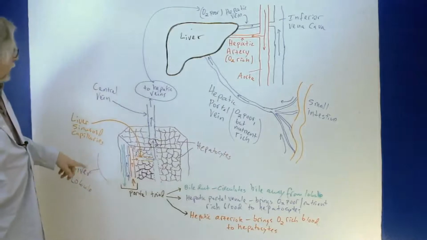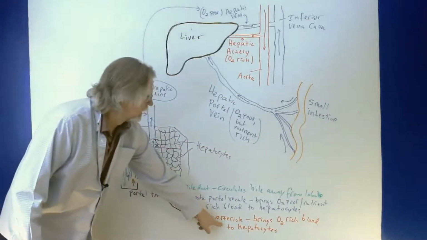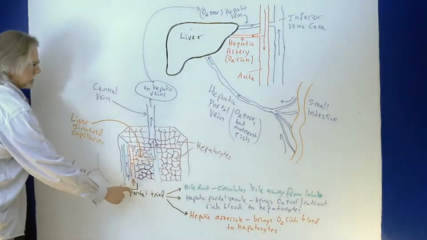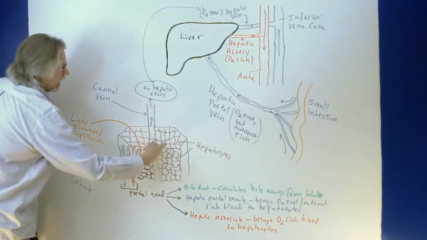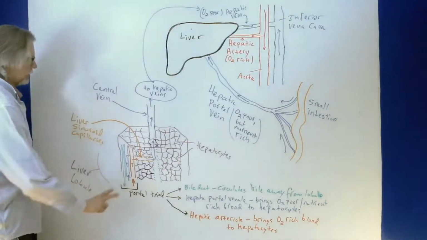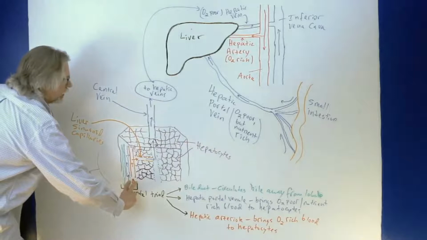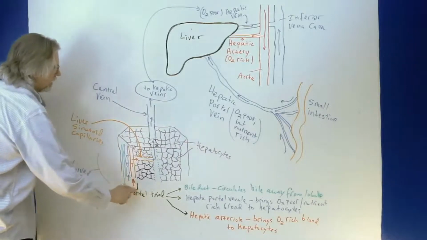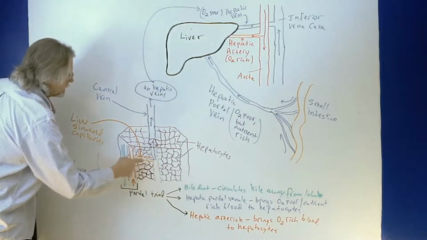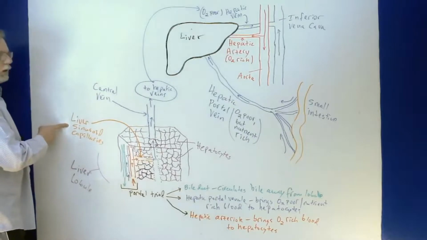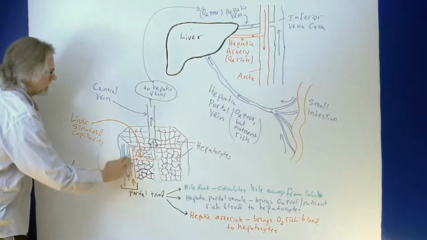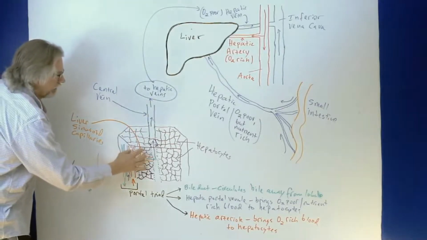Okay? The hepatic arteriole is a branch of the hepatic artery. So this is bringing oxygen-rich blood into the hepatocytes, supplying oxygen mostly. These 2 vessels, hepatic portal venule and hepatic arteriole, are going to allow their blood to filter through these hepatocytes in the very leaky liver capillaries, the sinusoid capillaries. So blood from both of these is going to go into the sinusoids, and it's going to filter through all of